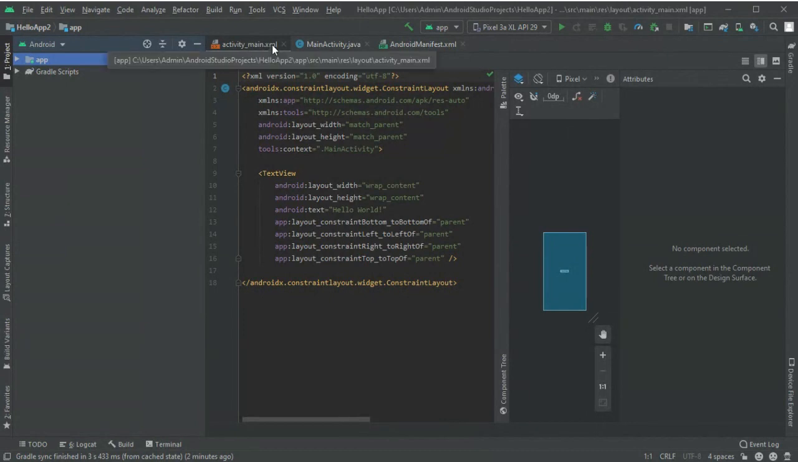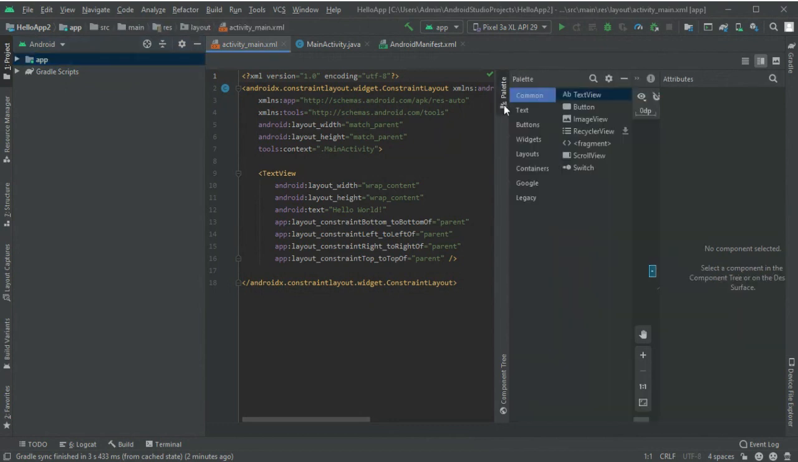.xml files are for the layouts, for the interfaces. Then the palette is usually docked by default. So to display it, you just click on it, and you'll be able to see the different